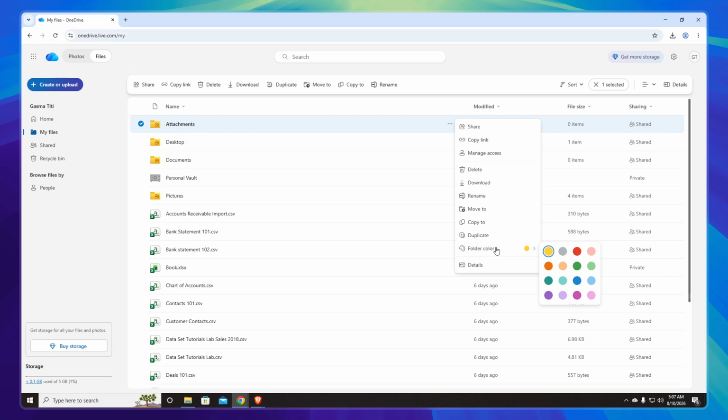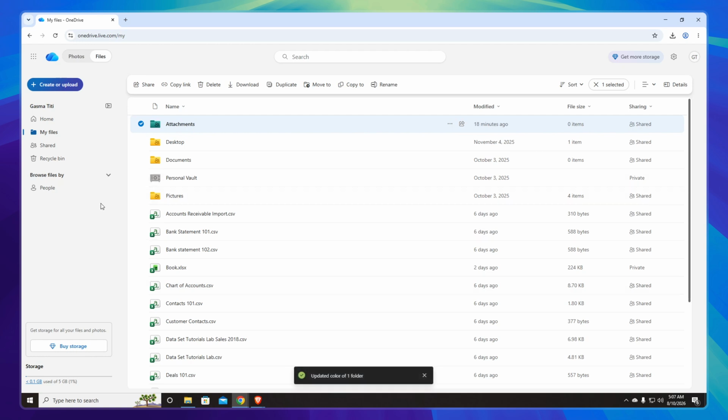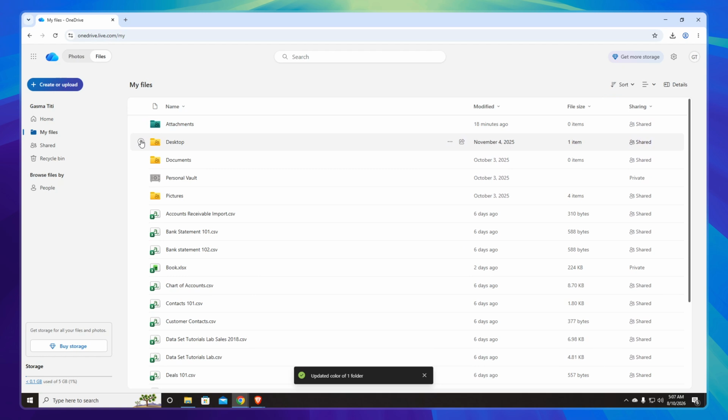Hover your cursor over the folder color option to reveal the available color options for your folder. You'll see a palette of different colors to choose from. Now simply select the color you wish to assign to your folder. Whether you want red for urgent items, blue for work projects, or green for personal files, the choice is entirely